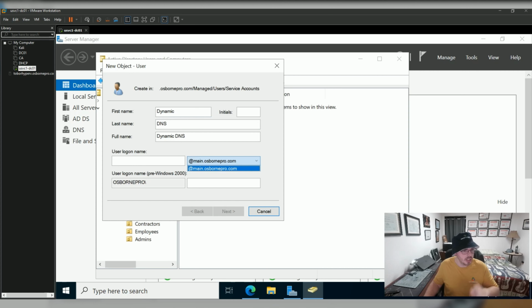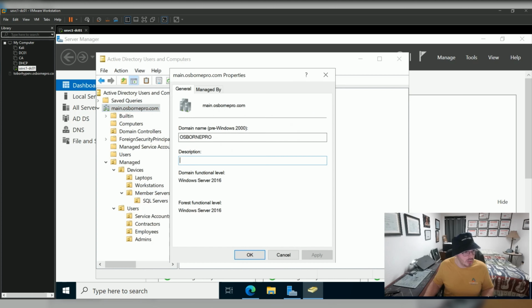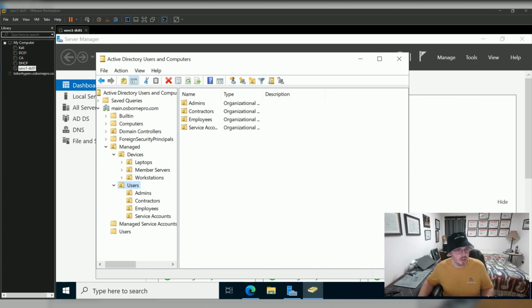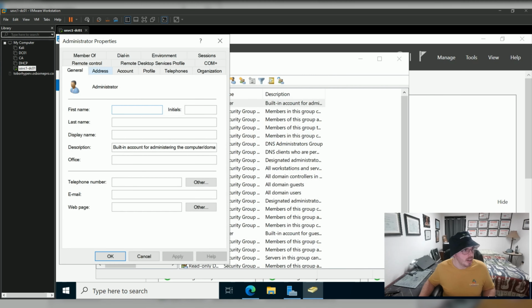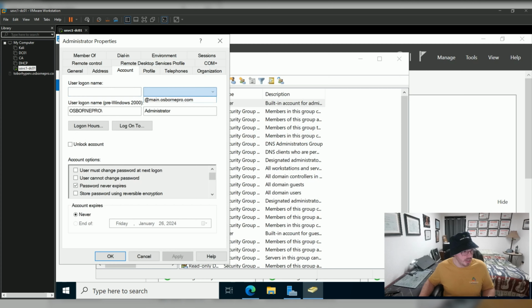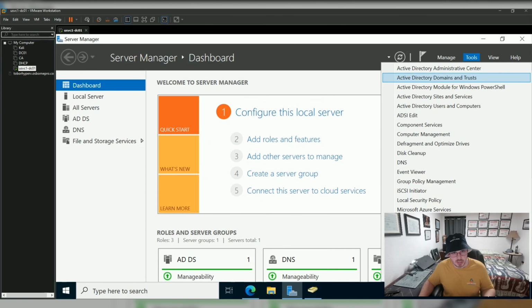User Logon Names. So we want to create acceptable ones there. So we can go to do, where was this again? All right, so what we're going to do here is we still need to add the acceptable login name. So for example, where is it? We have, oh, it's built in. Where's users? Users, administrator. We want our logon account here is, we only have the option of main.osbornepro.com at the moment. So what we need to do is go to Tools, Active Directory Domains and Trusts,